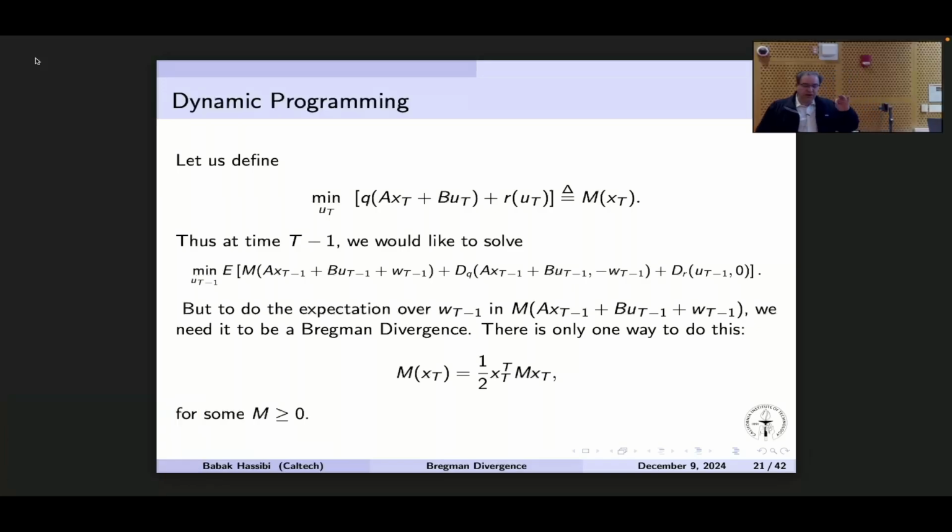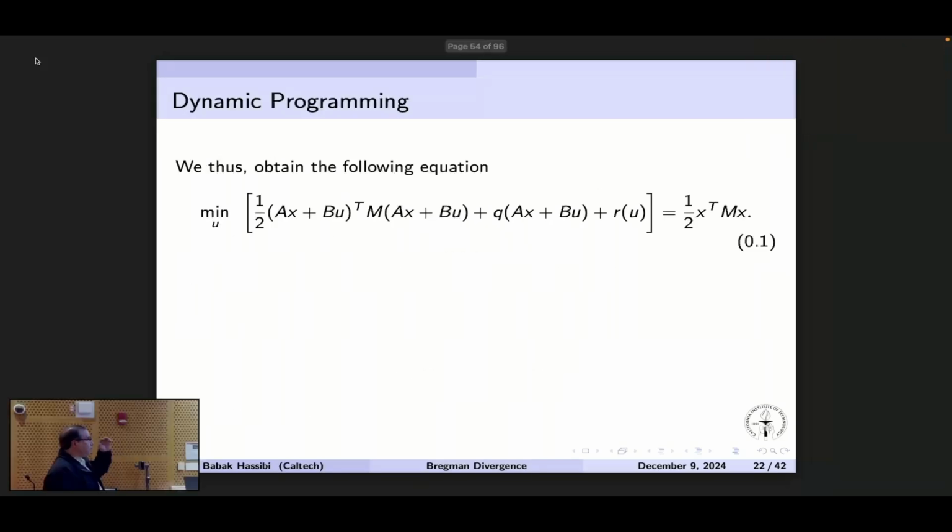So if I want the Bregman divergence between W and W prime to be a function of W minus W prime, the only way that can happen is if the function is quadratic, which means that I am going to insist that the cost to go is quadratic. Because if it's not, again, I'm stuck. Okay, so I made two things. I changed the problem to Bregman divergence, and I insisted that the cost to go be quadratic, because otherwise I'm stuck. Okay? So you might think I've sacrificed a lot. I hope I convince you that I haven't.